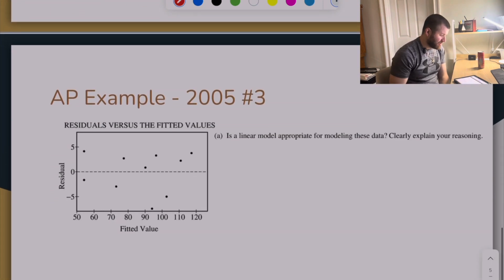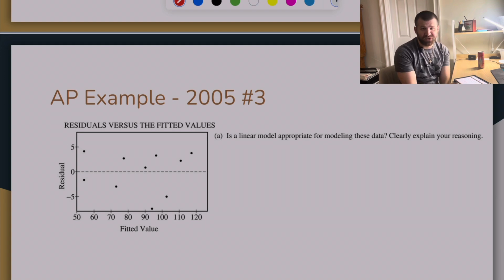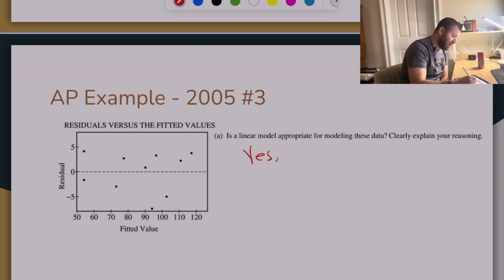So let's take a look at an example of what you might see. Now notice this is a residual plot. That's the residual versus the predicted. Fitted and predicted mean the same thing. So when I look at that residual plot, there is no obvious pattern to me. Pretty much at every fitted value, not x value, I have some residuals that are above 0 and some residuals that are below 0. There is no clear, obvious U or straight line or anything like that. So is it appropriate? Yes, because the residual plot